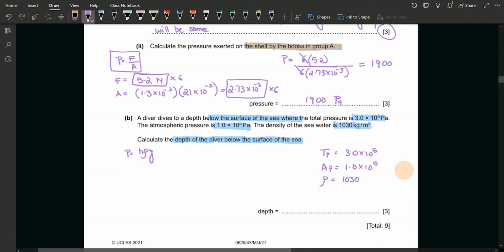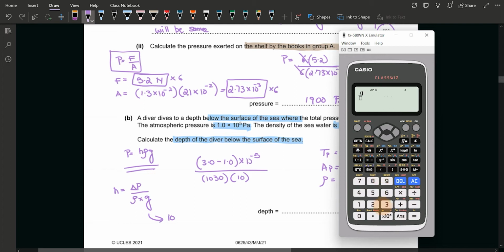1030, and we can find out our H by rearranging this equation: pressure divided by density into gravity, and our gravity here in this case is going to be 10, so pressure is going to be change in pressure, which will be 3.0 minus 1.0 into 10 raised to the power 5 divided by the density, which is going to be 1030, and then we multiply by our gravity. So we get our answer as 1030 into 10, which will give us our answer as,